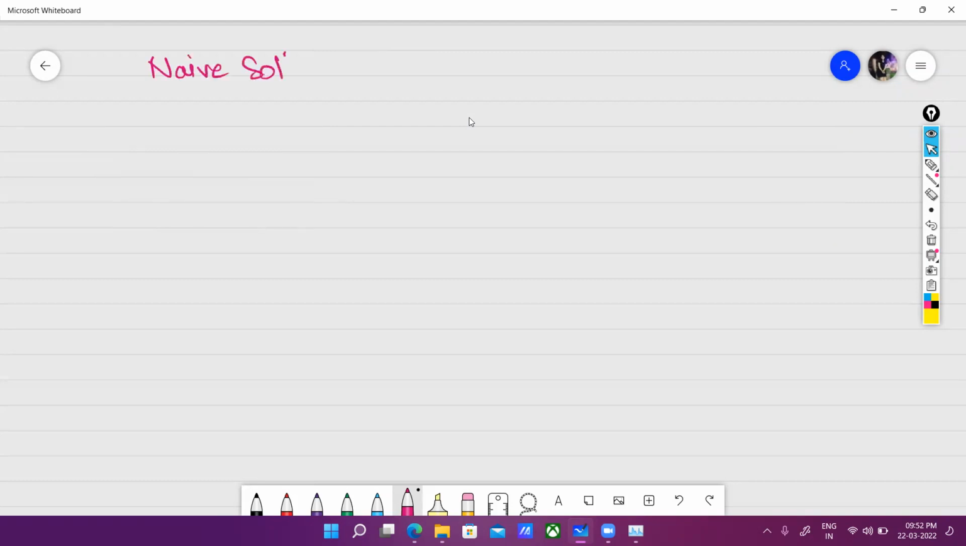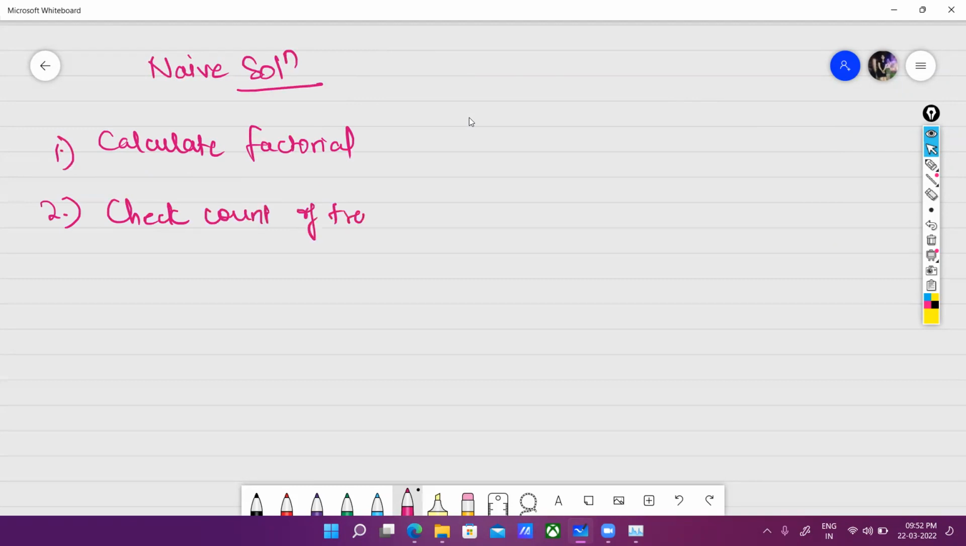So let me check this with the naive approach. The naive solution would be to calculate the factorial first and check the count of trailing zeros. This factorial thing I have covered in the last video. Now, checking the count of trailing zeros, how will we do it? 120, for example. I will run a while loop where I will check whether this thing is greater than,